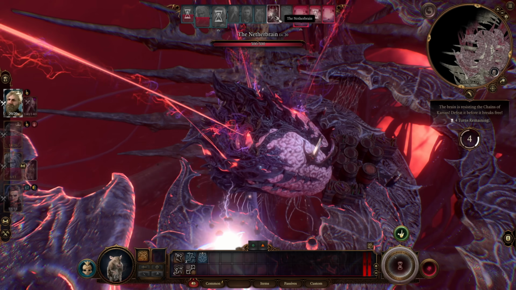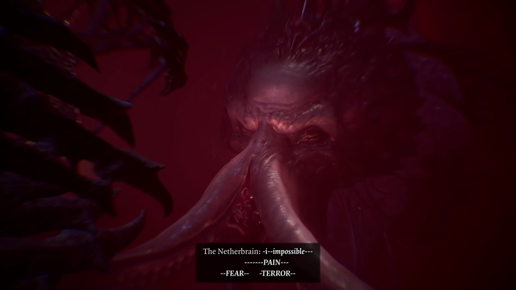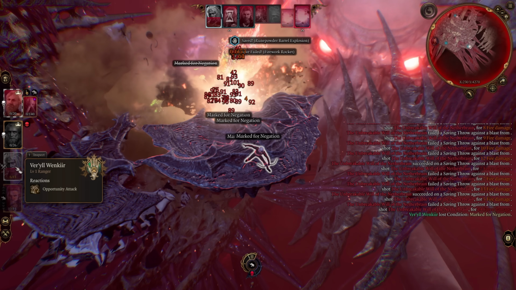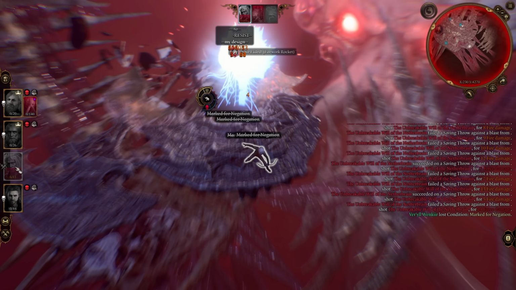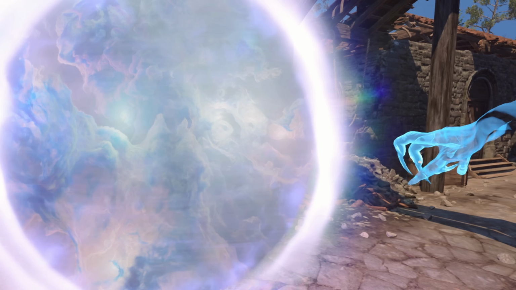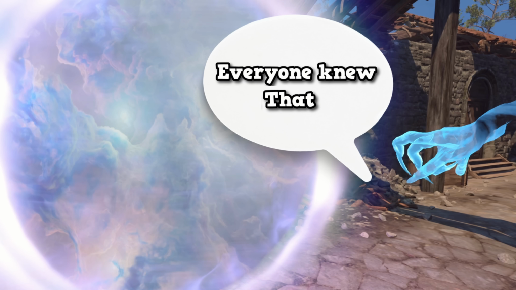And now, we wait. Unfortunately, the screen doesn't really show very well what happened, as all of my characters inside died immediately, but what happened is the brain's own orb of negation triggered the rune powder barrel, which triggered all of the explosives, letting the brain off itself, thus completing all of Baldur's Gate 3 without ever having to do anything while in combat. Who would have thought that doing nothing would be so much more complicated than just doing